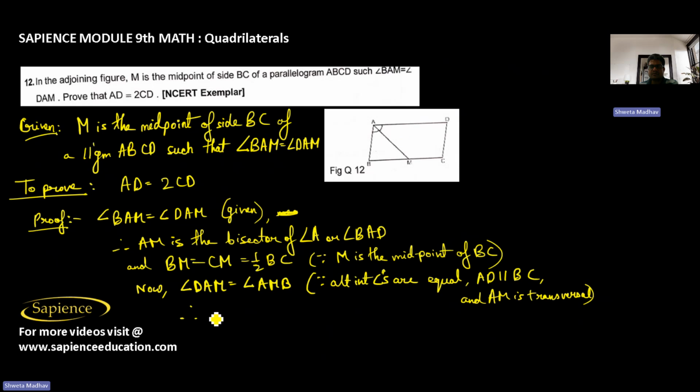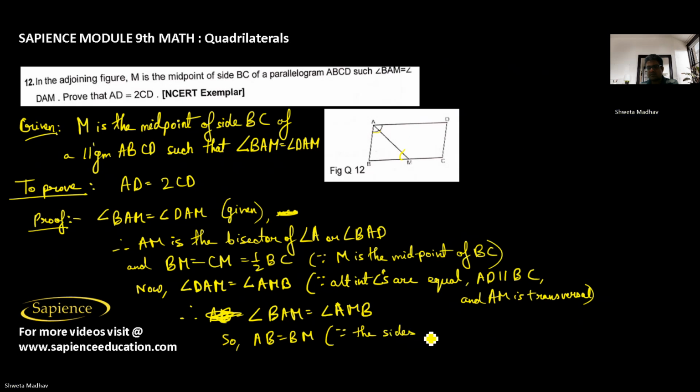Now angle DAM equals angle AMB. So therefore, we can say that angle BAM is equal to angle AMB, since both are equal to angle DAM. So therefore, I can say that AB equals BM, since the sides